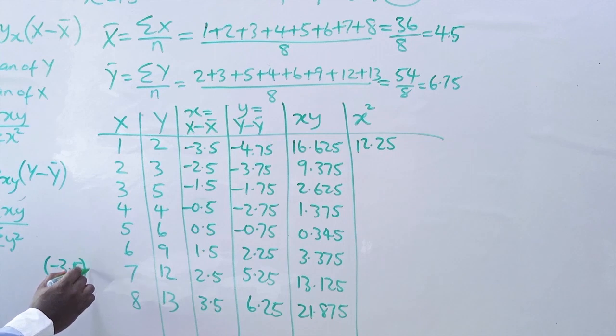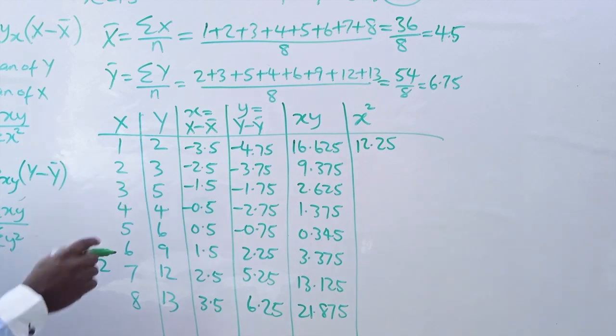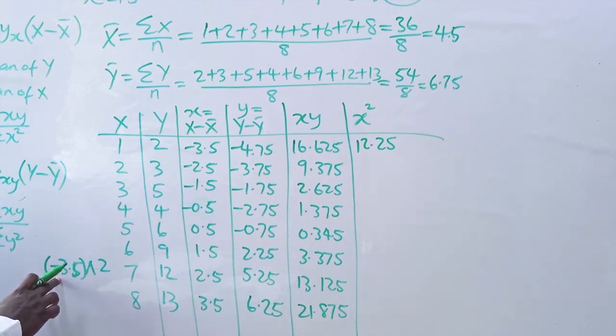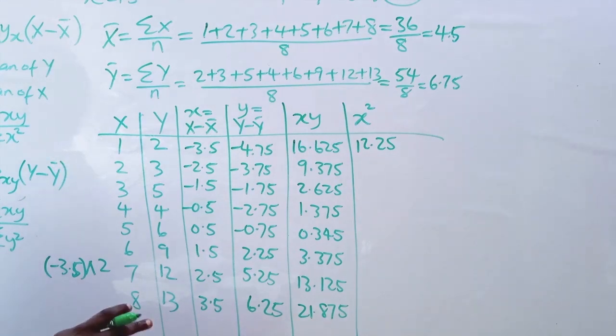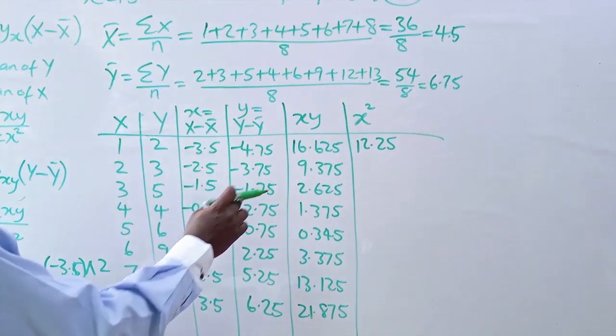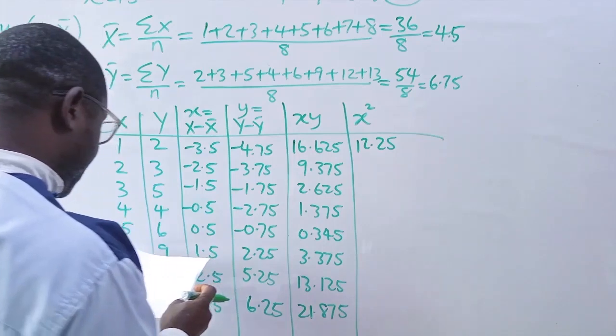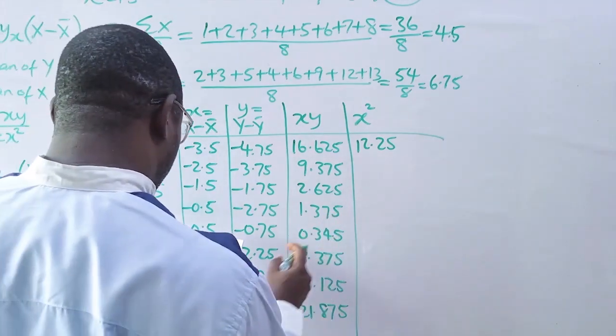If you do this and you now put exponential 2, you will get positive. But if you do not put it in a bracket, your answer will be negative. Don't forget that. The answer will be negative. Let's continue. The next one will be, what you should have will be